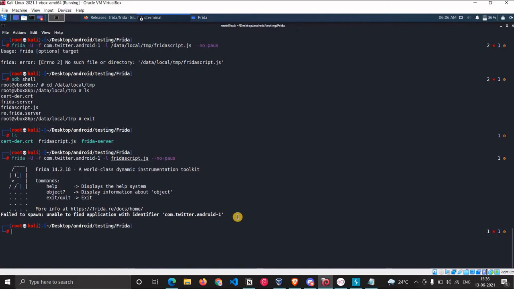Unable to find application. Okay, it is not finding that application. Why so? adb logcat grep.